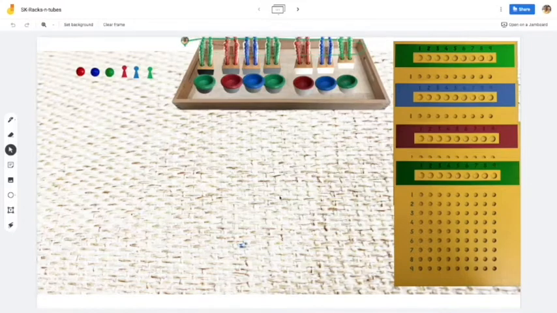These are the tubes with beads on racks. These are the bowls to keep the beads. These are the skittles. And these are the beads which we are going to use in this virtual material. Because the actual beads cannot be used in this virtual material, we are using these beads as beads.